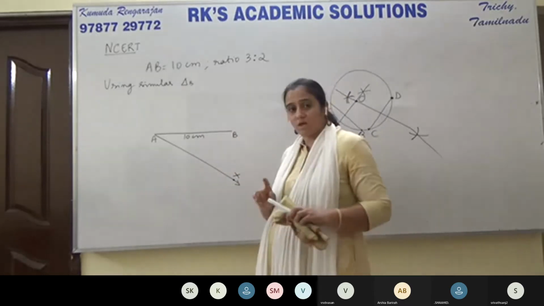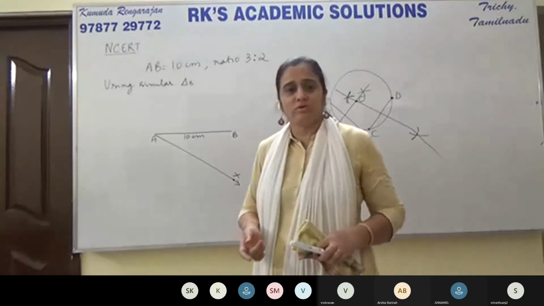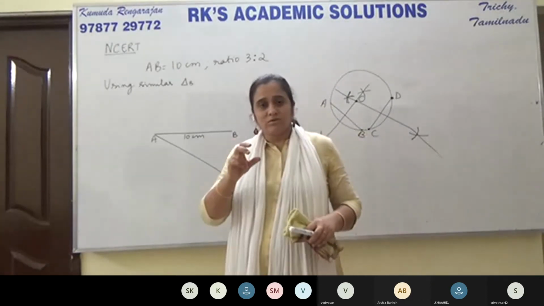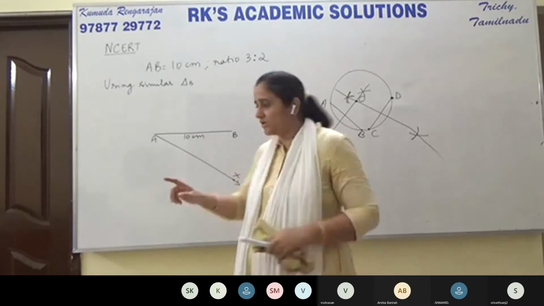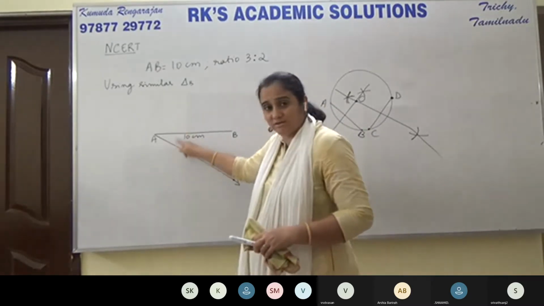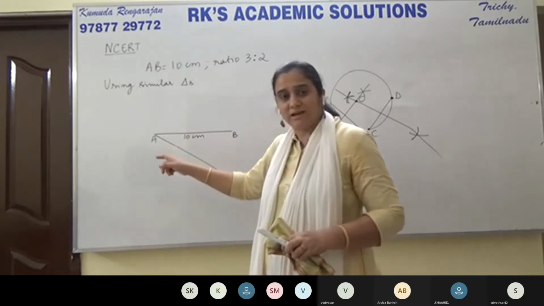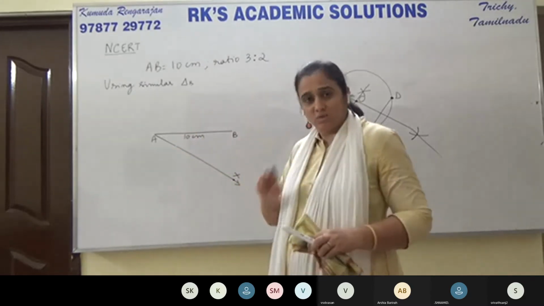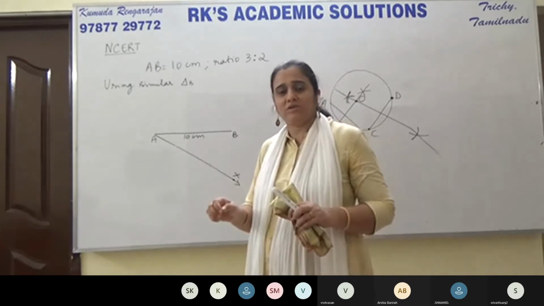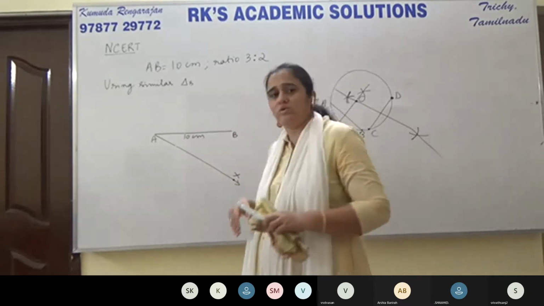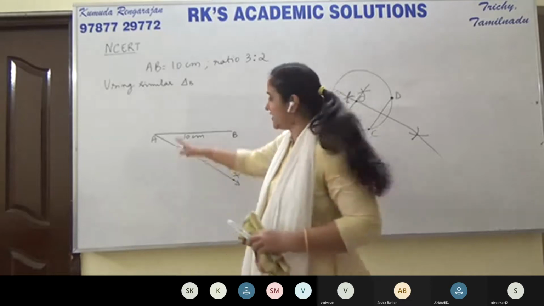Okay. Now next what we are going to do is copy, duplicate an angle. You can see there's an angle formed here. We are going to duplicate that angle and bring it at B. Using a construction, you cannot measure it with your protractor and do it. So what we're going to do next is duplicate this angle.